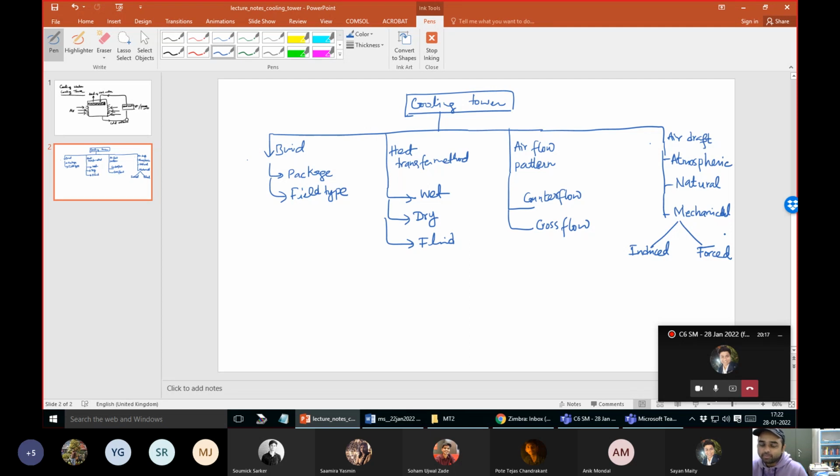That is the difference between the fluid and the dry types. Essentially, the water comes in contact with a cold surface. How this cold surface is cooled is the difference. In the fluid type, the cold surface is cooled by some circulating water or cold water. Whereas in the case of dry types, it is cooled with cold air or some dry means.